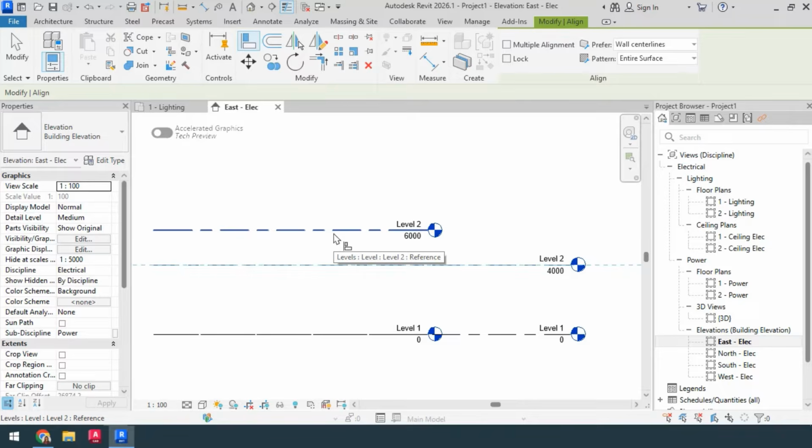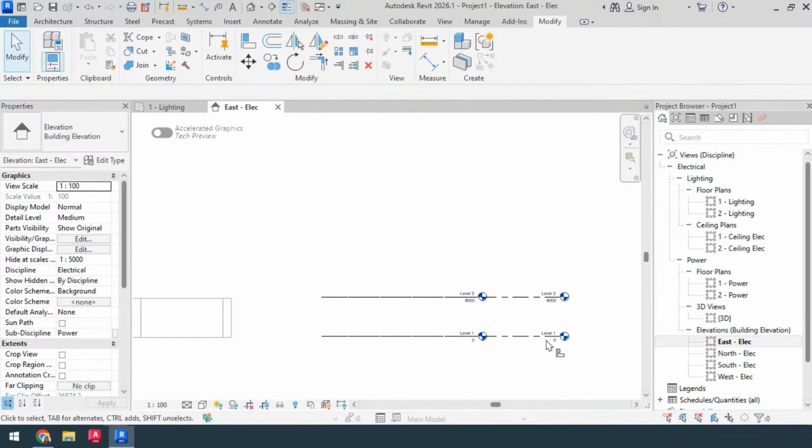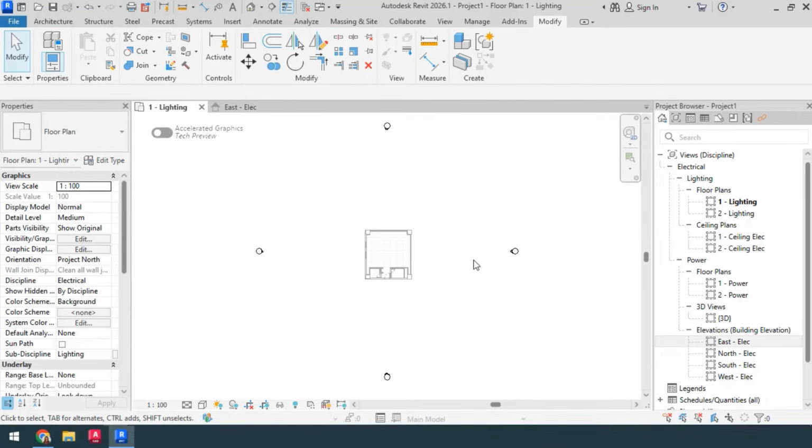So definitely after linking the file, go to one of these elevations and make the elevation of your template file equal to the architect's file, because the basis of our work is the elevations defined in the architect's file. So far, the necessary settings have been completed, and now we want to enter the modeling and